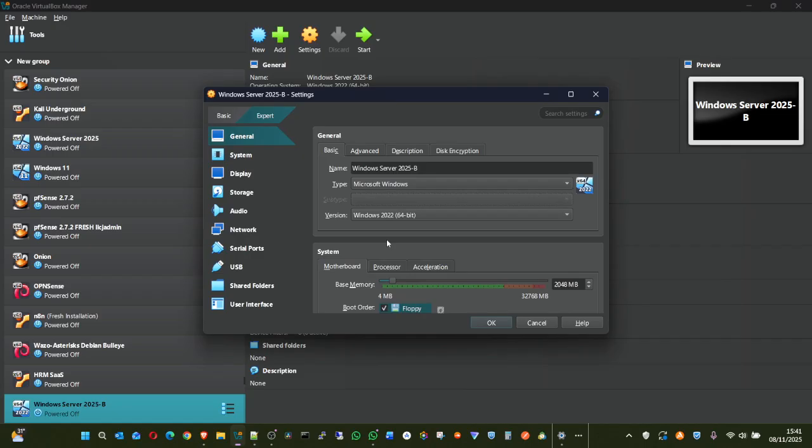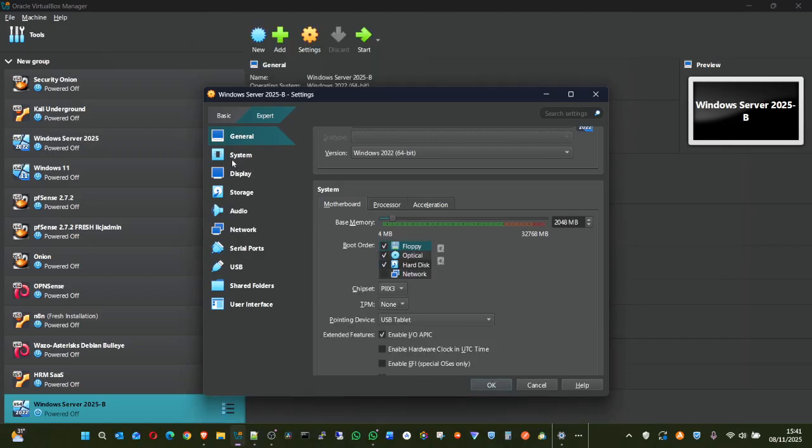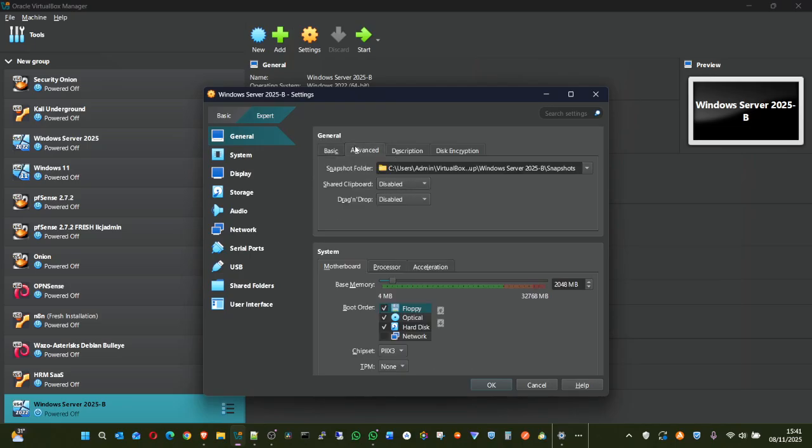So right here, we have all of these settings. We have advanced, we have the description, disk encryption. Under general, if you go down to the left, share clipboard, drag and drop, all those things we can turn on. Click bi-directional, and drag and drop, click bi-directional.